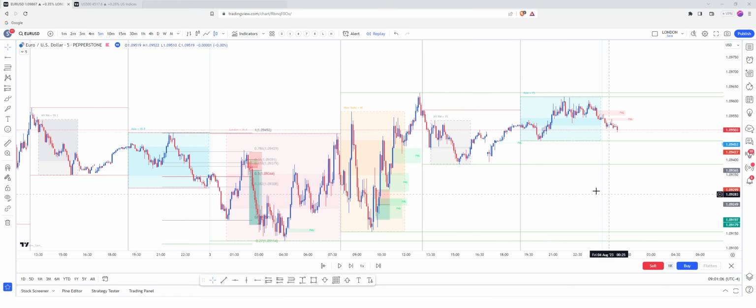And we're going to start our analysis by seeing what levels of untapped liquidity we've got above and below us. So our green levels of untapped liquidity are from the New York PM session low yesterday. We've got Asia low, which has been untapped, Asia high, which has been untapped, and then yesterday's high as well,